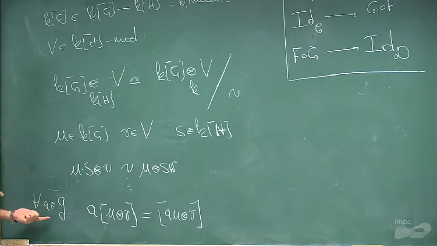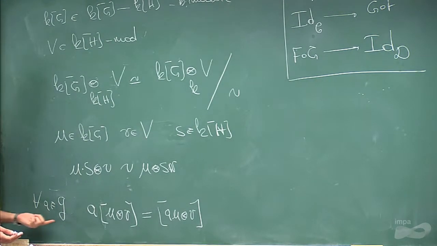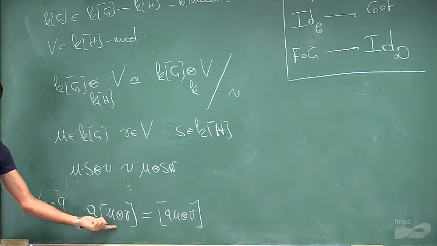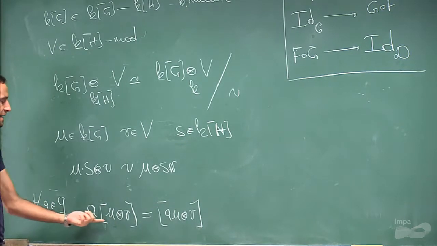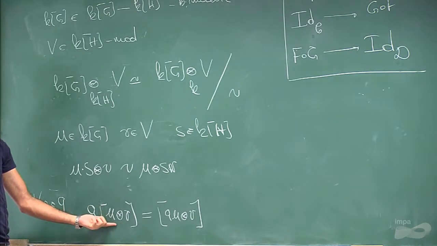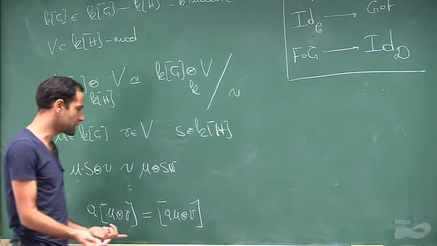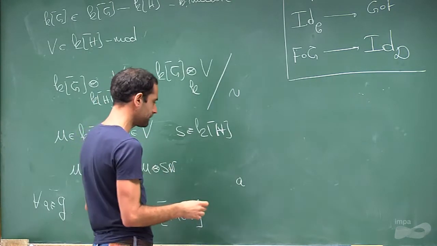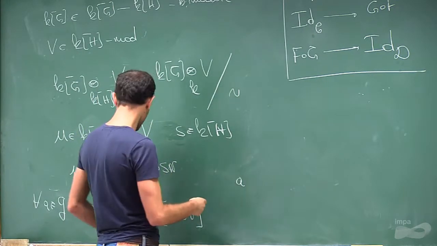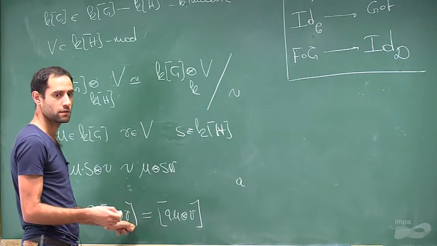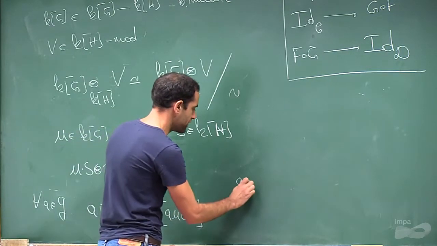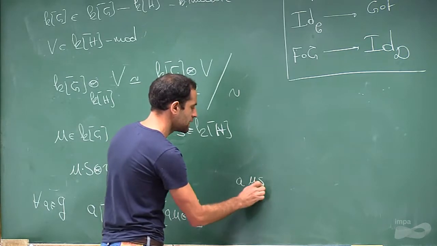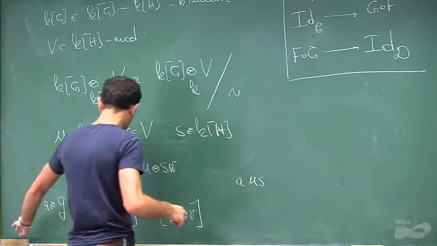The fact that this is going to be an action is clear now because it's just associativity on the left here. I'm not going to check that, but we need to check that it's well defined. So we need to check that this doesn't depend on the representative of this equivalence class. But that's clear too, because if we choose another representative of this equivalence class, the generic representative would be, let's look at